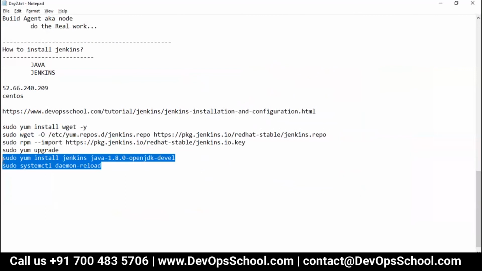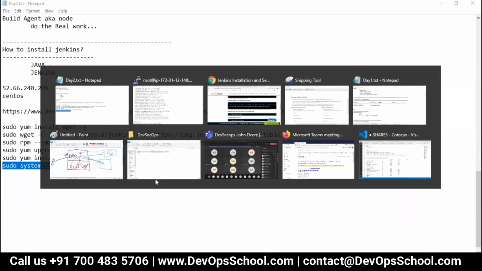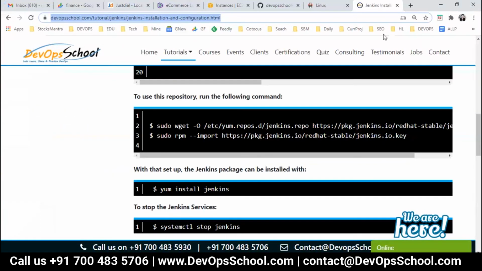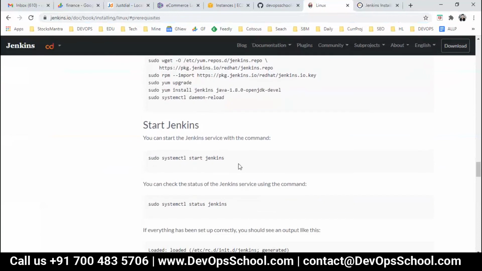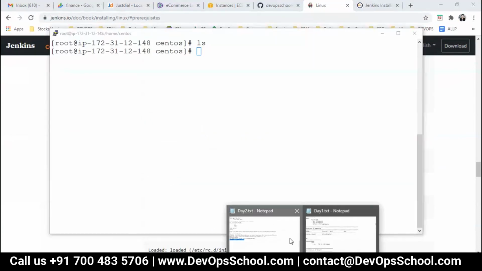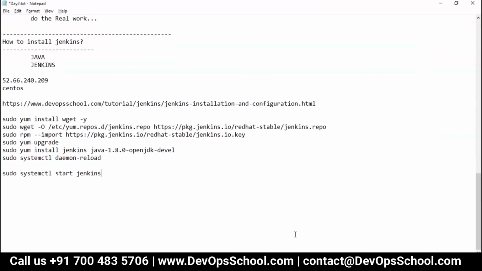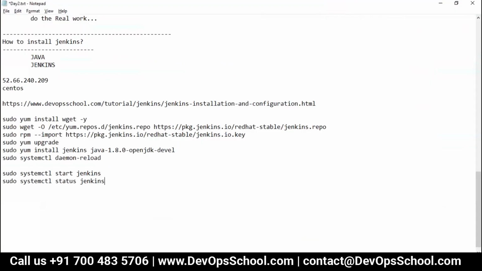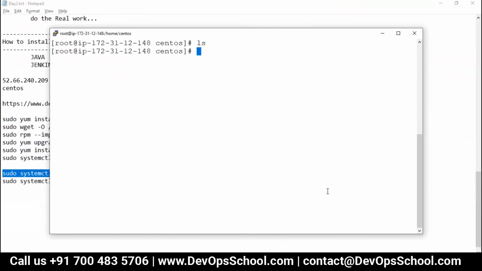And done. And finally this one. Okay guys, so here the installation is done. Finally you have to start the services, and for that you have to use this command. And if you want to check the status, you have to use this command. Here it is. So now let me start this here.